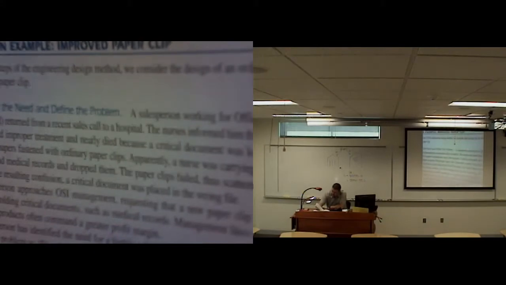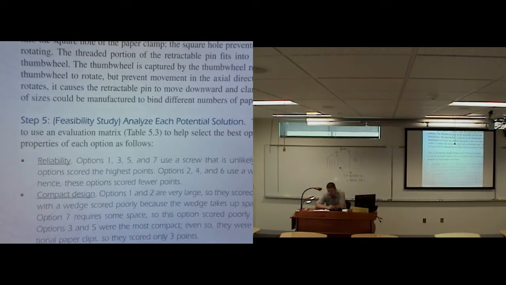Also, the engineers, or maybe you're going to go out and talk to the people in the hospital or somebody else, are going to determine how big this thing needs to be, how many papers it needs to hold. And they say anything from 2 to 200 pages. And also they're going to say that if the pages are dropped from a height of 10 feet or lower, you cannot have any papers breaking out of the stack. So that starts to centralize the problem, a little more detail, a little more stuff to work with now. We can start to maybe think about what we're going to do, right?